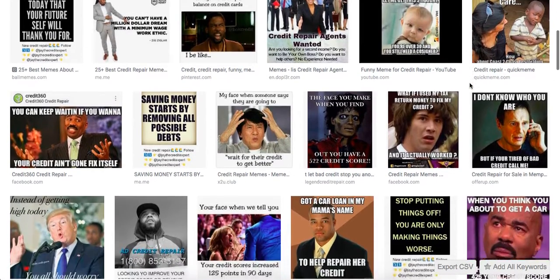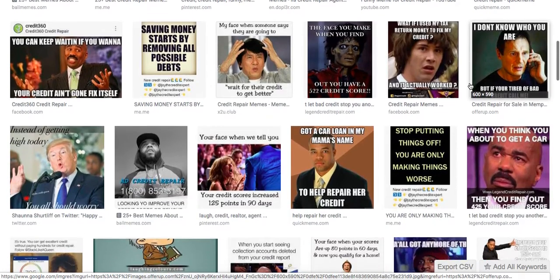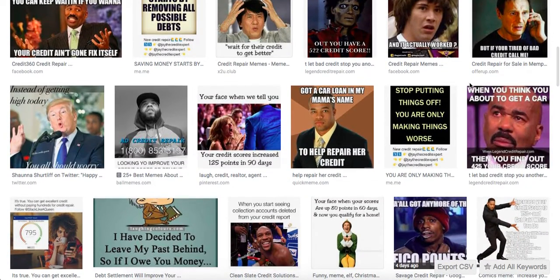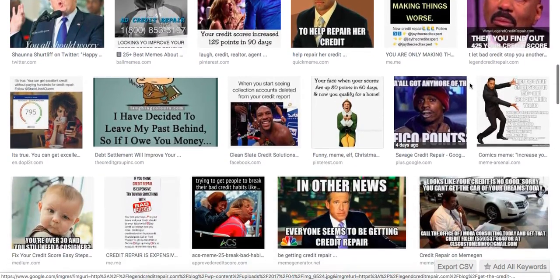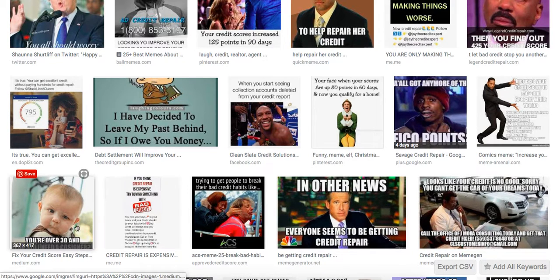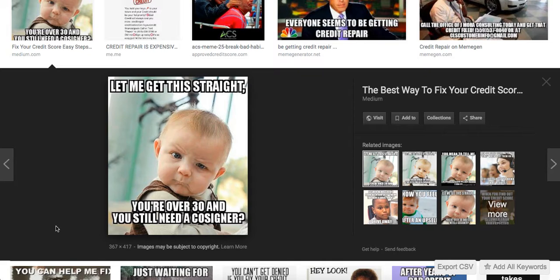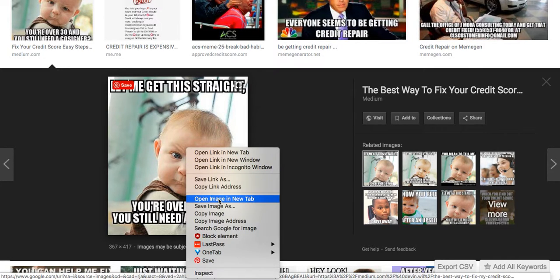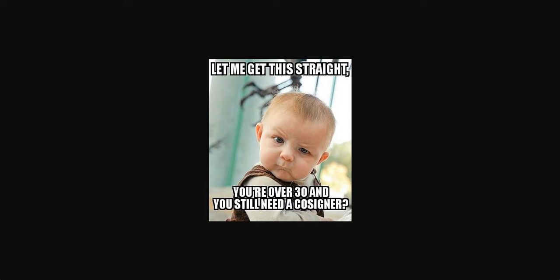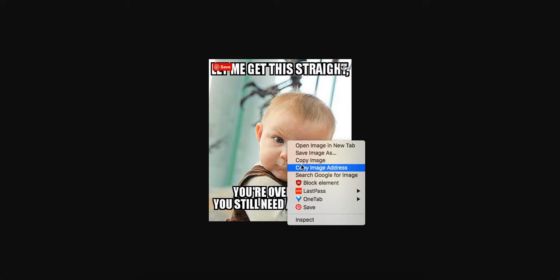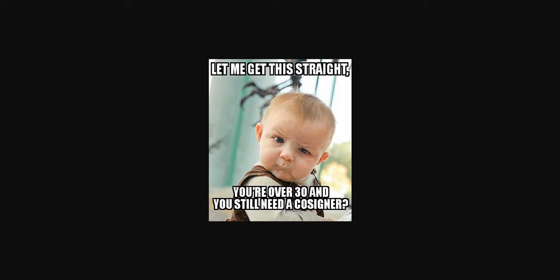You want to read through each of them, and then you click on one. Some of them are just wrong, but let's say you're going to pick this one. What I do is right click on the image and open the image in a new tab, and then you simply go to the next tab. I click over to the tab it came in on, right click on that image, and copy image,